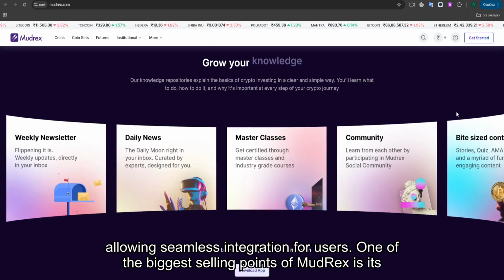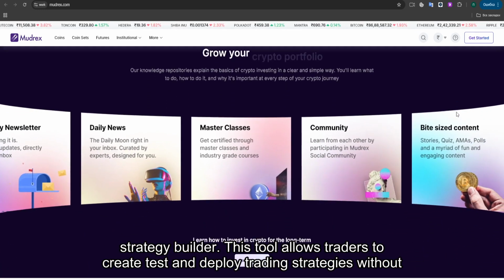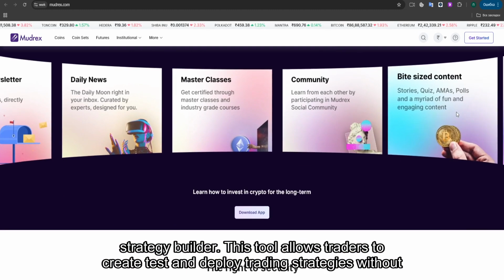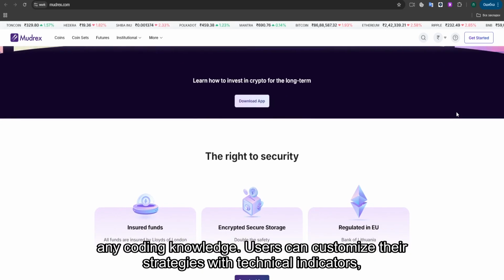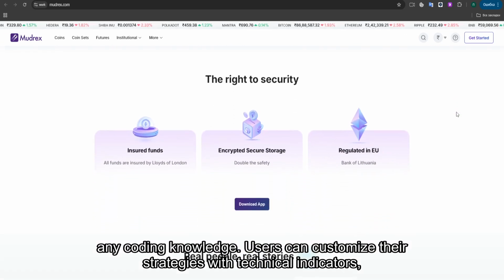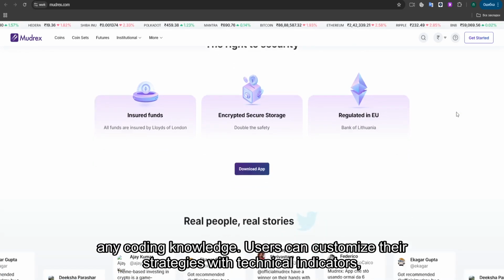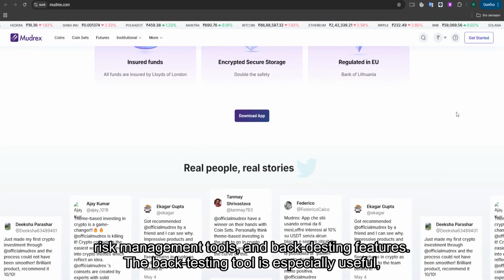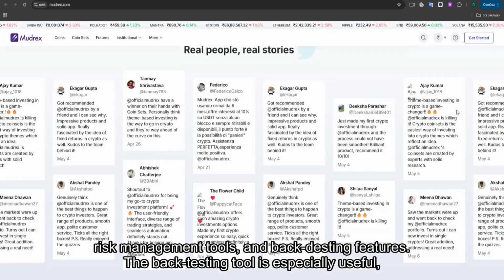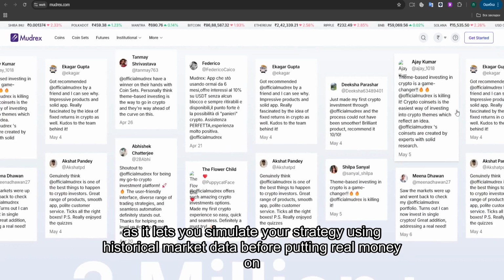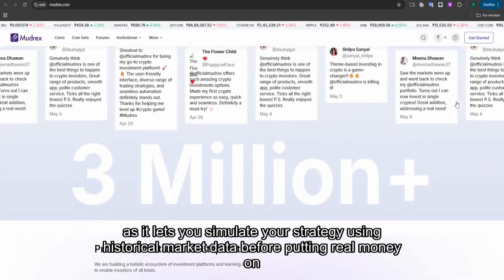One of the biggest selling points of Mudrex is its strategy builder. This tool allows traders to create, test, and deploy trading strategies without any coding knowledge. Users can customize their strategies with technical indicators, risk management tools, and backtesting features. The backtesting tool is especially useful, as it lets you simulate your strategy using historical market data before putting real